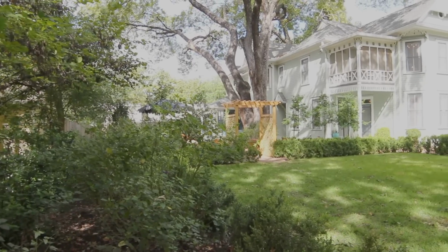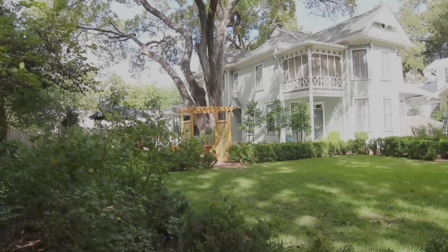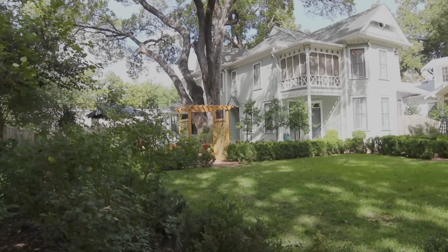My name is Lindsay Wasserman. Welcome to our home. My interior decorating business is LMW Decor. I have been working on our historic Victorian since we bought it in 2015. It's been so much fun to decorate a house like this. My husband and I have lived in several older homes, but nothing quite of this vintage. We've had such a ball searching for things,